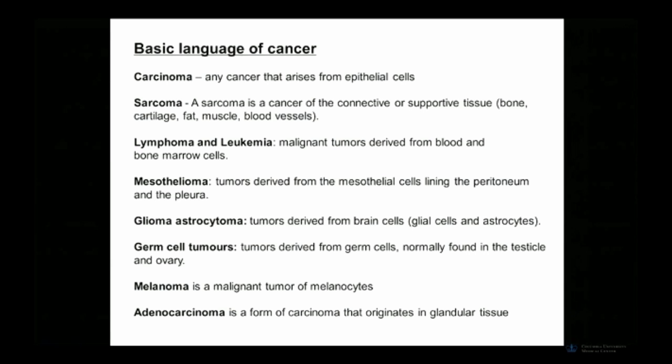And then adenocarcinomas. Notice that the root of this word is carcinoma. An adenocarcinoma is a form of carcinoma, but it originates in glandular tissue, often exocrine glands. Most colon cancers are adenocarcinomas, and they could originate from those mucus-forming cells in the lining of the colon. So an adenocarcinoma is a type of carcinoma because glandular tissue is a type of epithelial tissue. Most breast cancers are adenocarcinomas because they arise from mammary